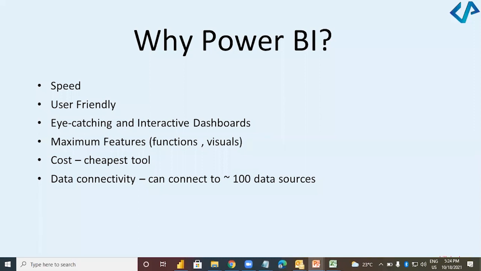Even in Excel, you have used nested if, right? That can also be done in Power BI. So I was talking about the features of Power BI. Okay, so maximum functions are available. Then another feature is that Power BI is one of the cheapest visualization tools available in the market. The basic version of Power BI is free of cost.